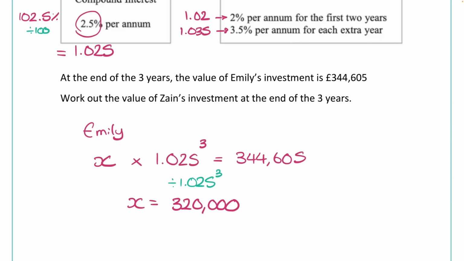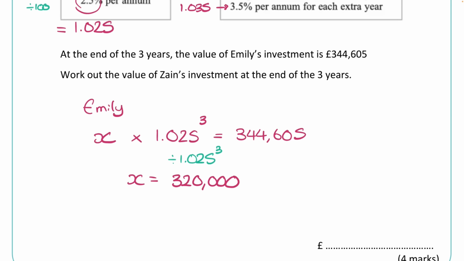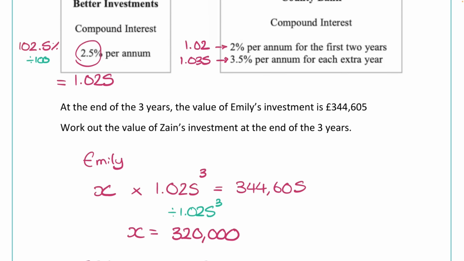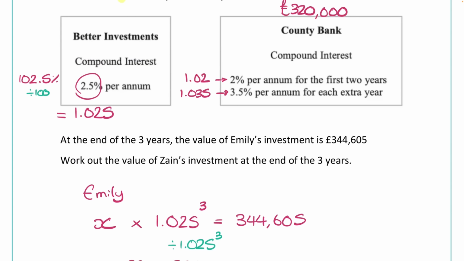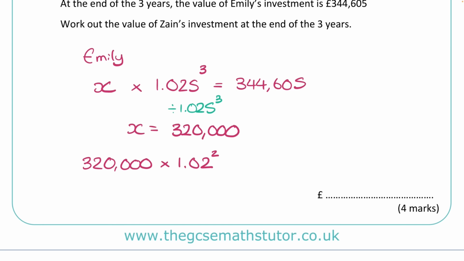So in this bank, you get 2% for the first 2 years. So we do 320,000 times by 1.02, which will get us our 2%. That's for 2 years, so squared. You can either work that out and then times it by 1.035, or we can do it all in the same step and just times by 1.035. That's going to do it all for us. Just be very, very careful. Make sure that you put that power in. So 1.02 squared times 1.035. And that gets us my final answer, which is